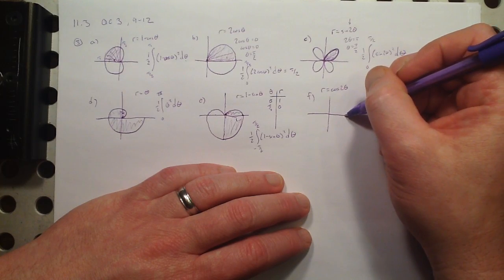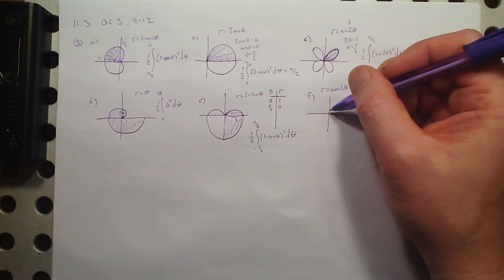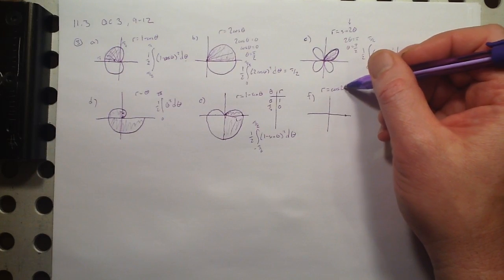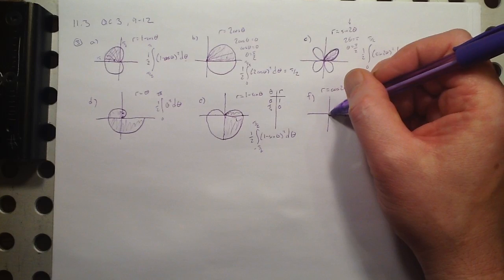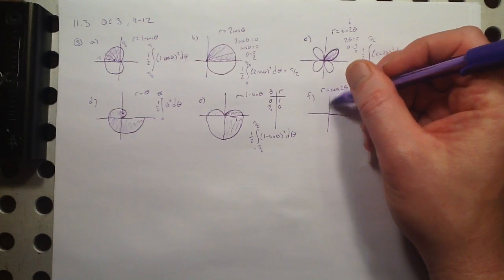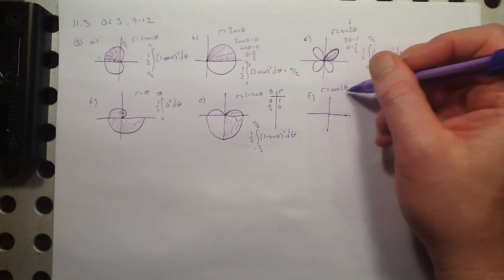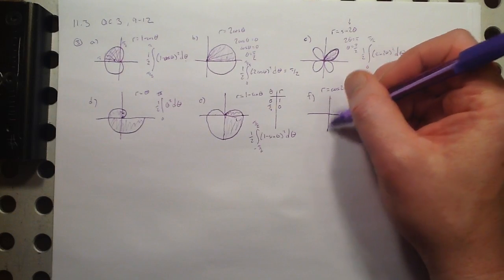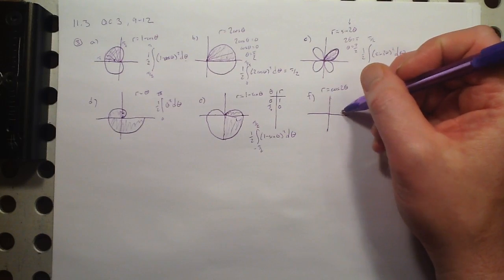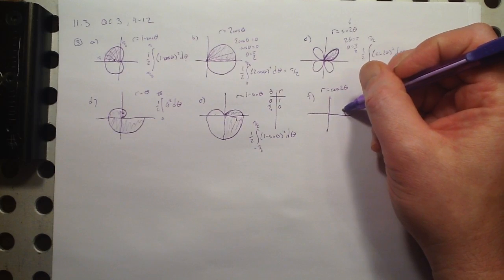And then as I go from 0 to pi over 2, plugging in pi over 2 here, that's the cosine of pi, which is negative 1. So by the time I get to here, I'm at negative 1. So how did we get from there to there? That's this part